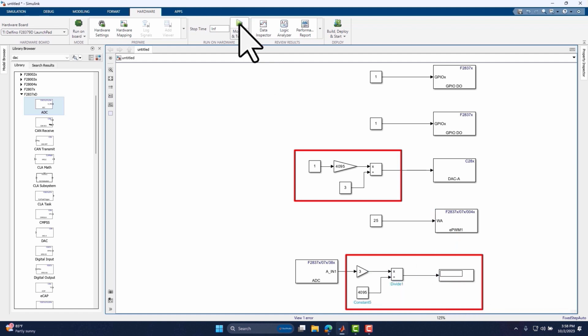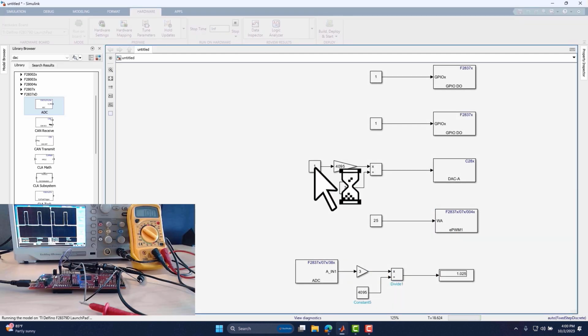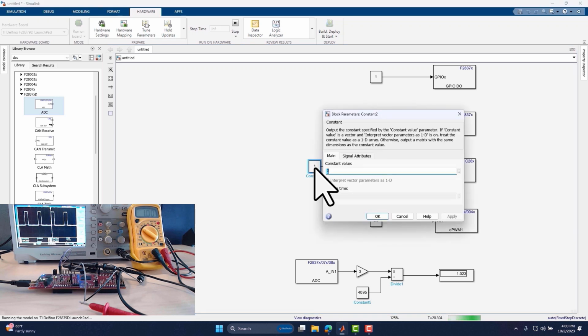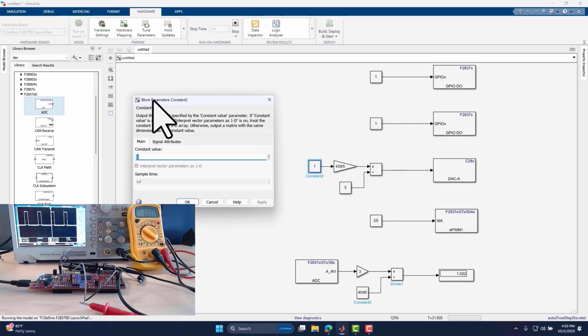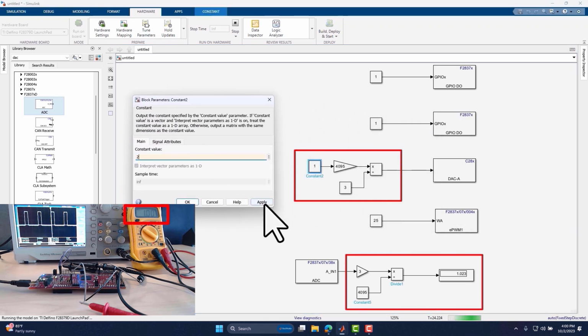Now when you run the model, you can see that as you vary the voltage of the DAC, the ADC and the multimeter read the same voltage that the DAC pin is generating. This is happening because, as I mentioned earlier, we have shorted the DAC and the ADC pin, where the DAC voltage is what we are reading on the ADC pin.